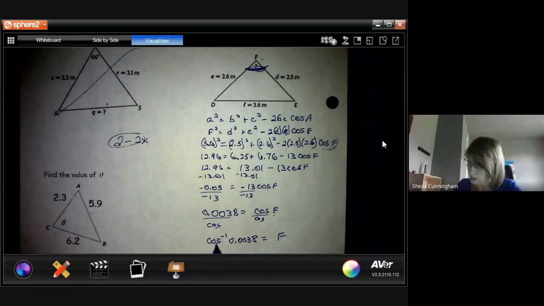So back to your calculator, you have your cos button, and right above it there's a second function key. If you use that cos to the -1, you're going to have to type in 0.0038 and then hit your second function cos. Some calculators, it'll be the exact opposite of that. But you're going to end up actually getting what your degrees are. And in this case, F is going to come out to